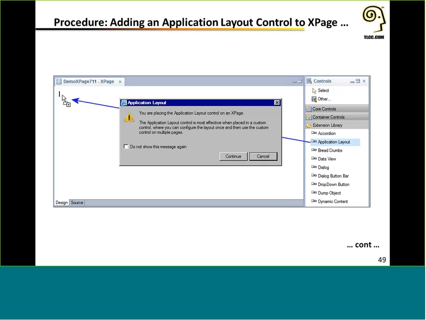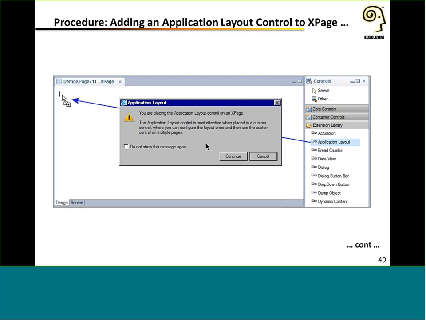Now, this screen is showing you how to add an application layout control to the XPage. And when you do add an application layout control to the XPage, you're interrupted with this dialog, which says you're placing an application layout control on the XPage. Really, it's best suited for custom controls, and you're not quite getting the concept.